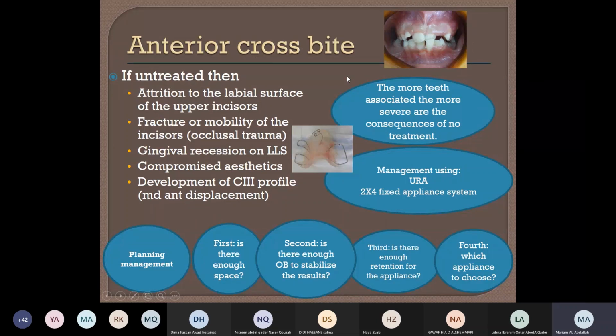So what should we do? We need to treat as soon as possible. We can use simple removable appliances, or we can use a 2x4 fixed appliance, and we will talk about this in a minute. The first thing we need to do to manage such cases,